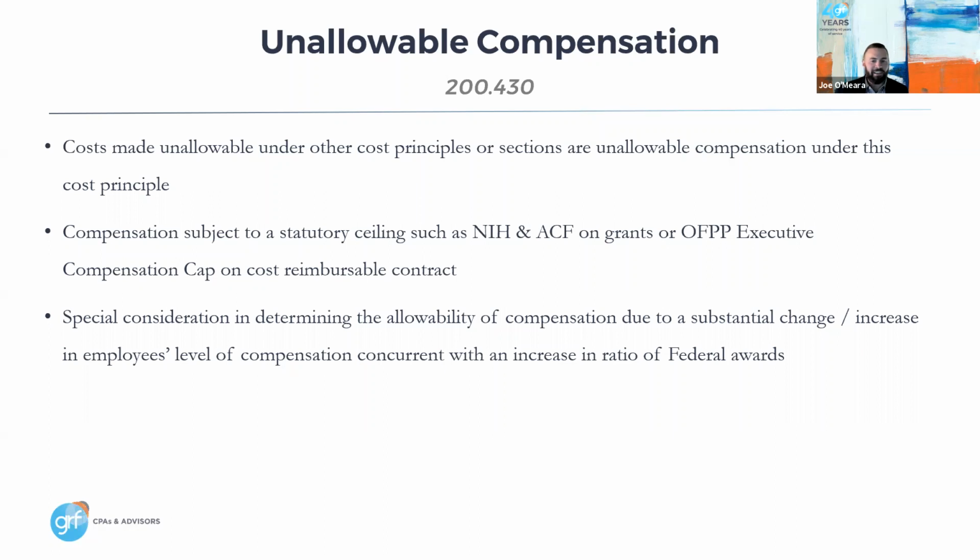So again, you use good faith and good judgment as far as what the rationale is behind it, and really ensure you're documenting any of these things that might fall into a gray area. If your external auditors come around, or a federal auditor, you have clear documentation, because 2 people can read a cost principle and come to a different conclusion. But you're going to be on a lot better basis, whether you're talking with your auditor or whoever, if you have clear documentation as far as what your rationale was and that you did consider the cost principle at the time to reach your conclusion to include it as an allowable cost.